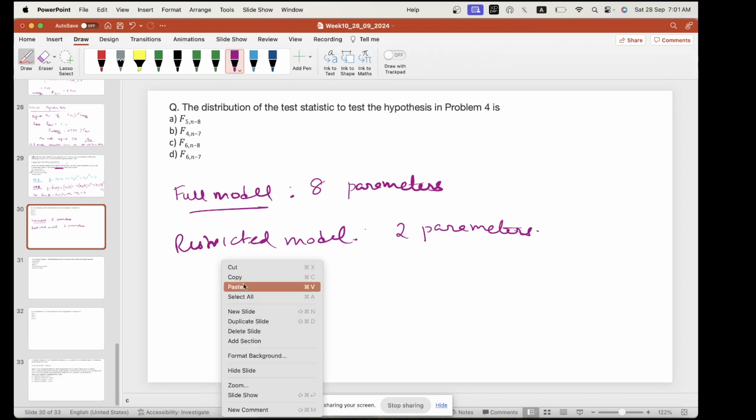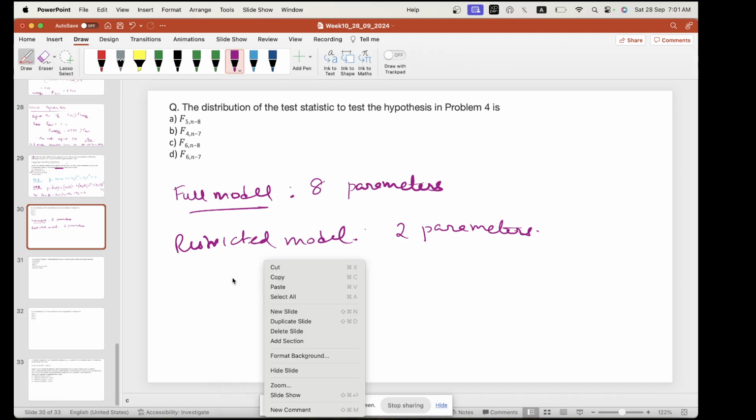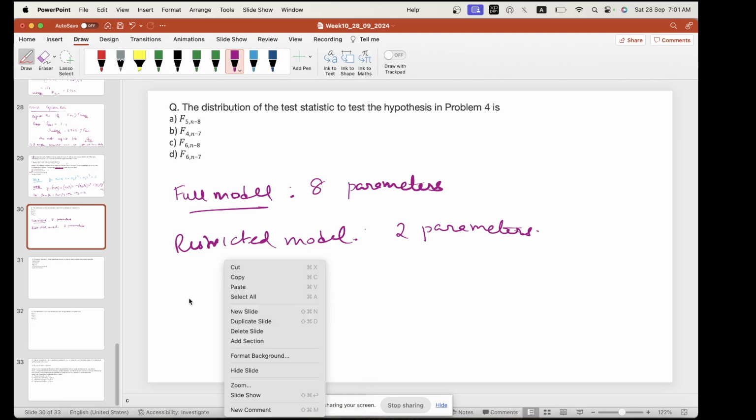R is the number of parameters set to 0. So in this case, R